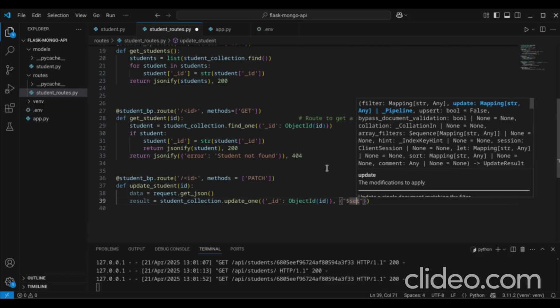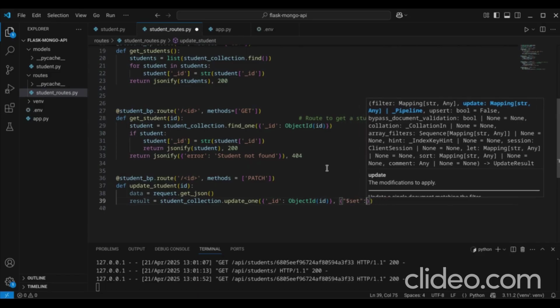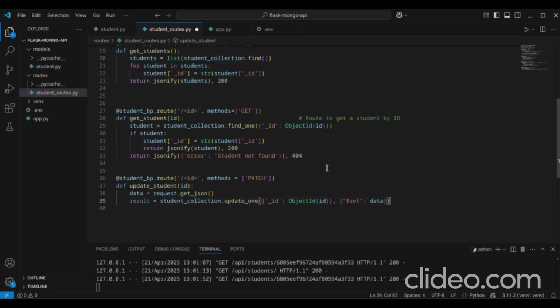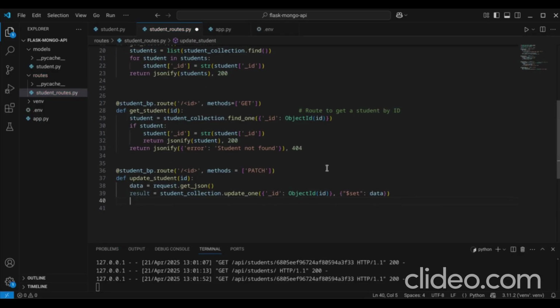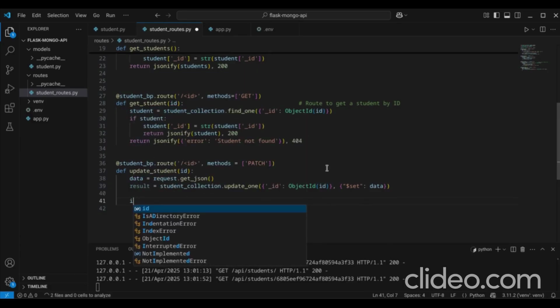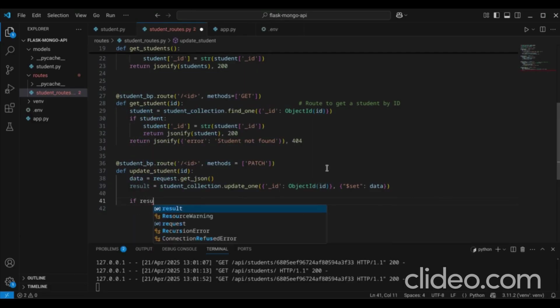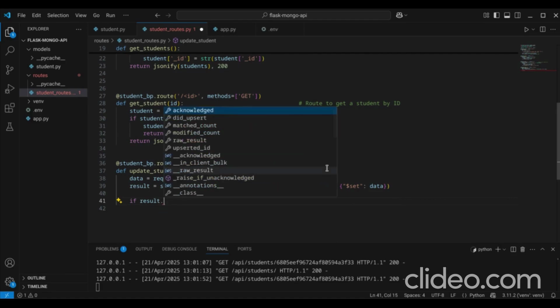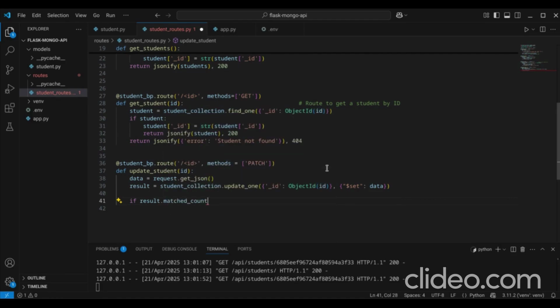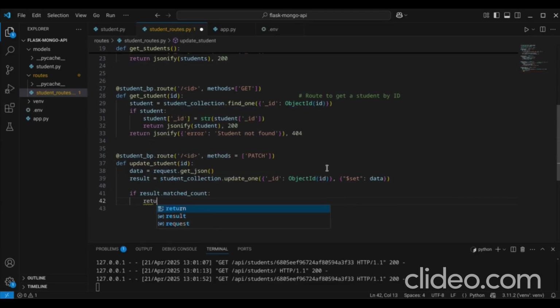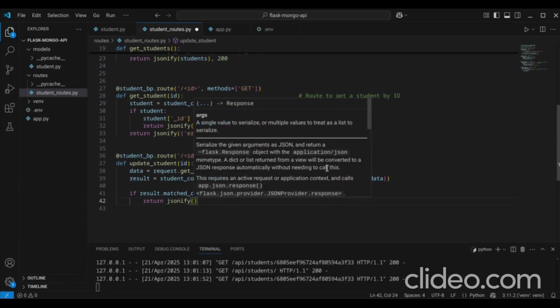Going to use the dollar sign here, and then going to set the data. If result.matched_count, return, we're going to return a message of student updated,